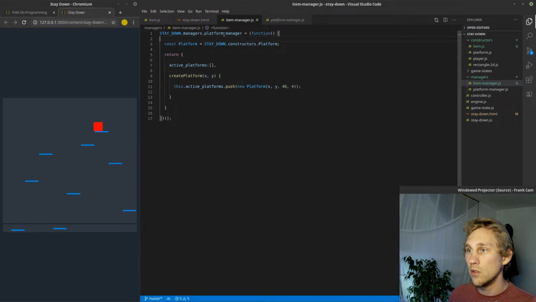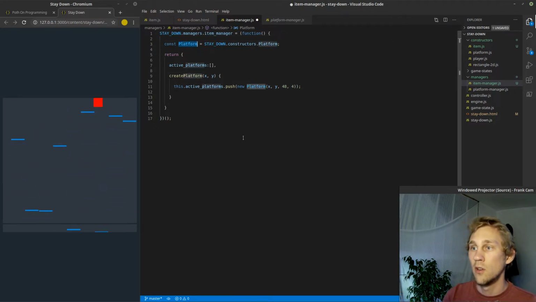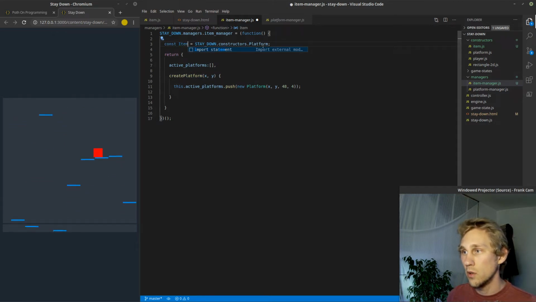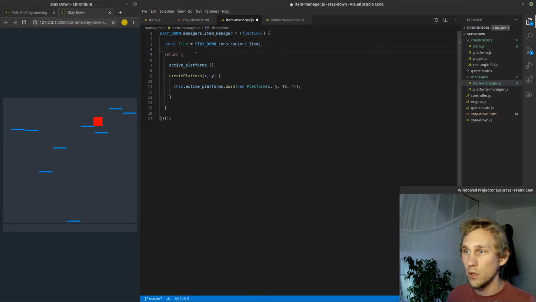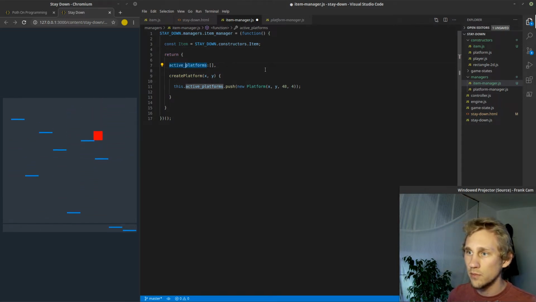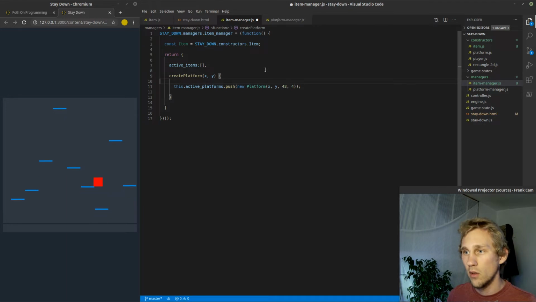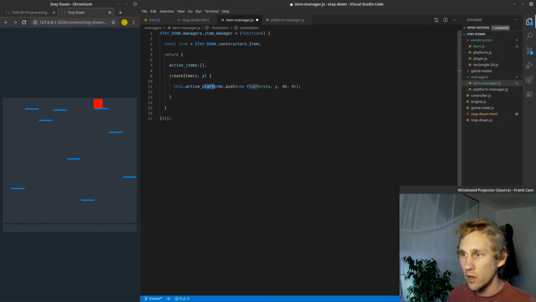But let's go ahead and do item manager here. Item manager equals a function. Item, we're going to pull item into a local variable here, or a local constant rather. We're going to have active items, create item x y, this dot active items dot push a new item